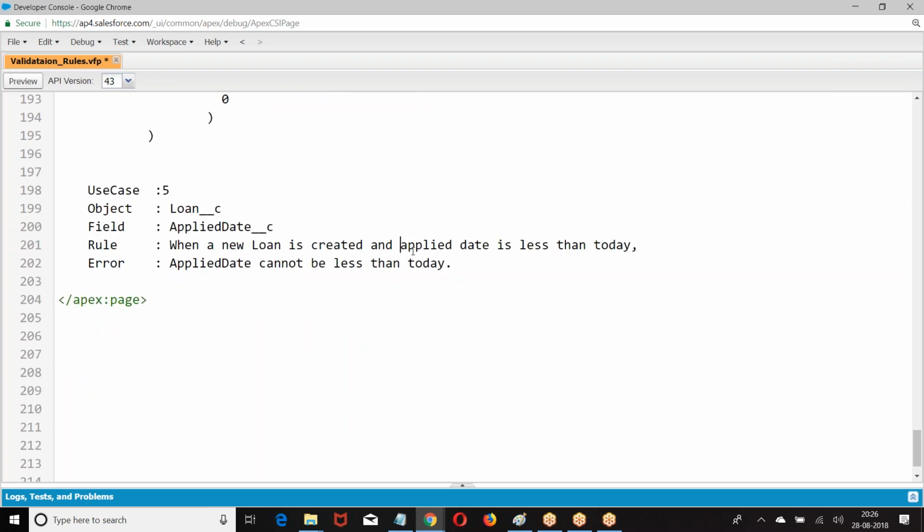Write the validation. So what we are doing, when a new loan is created and applied date is less than today, throw error message. Now write the validation rule for this.